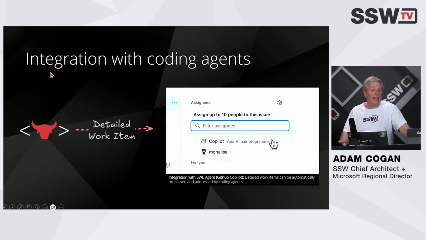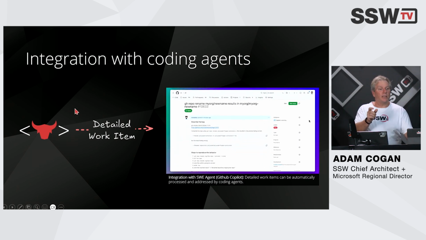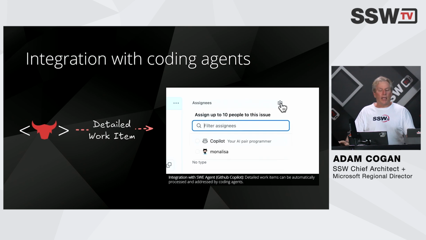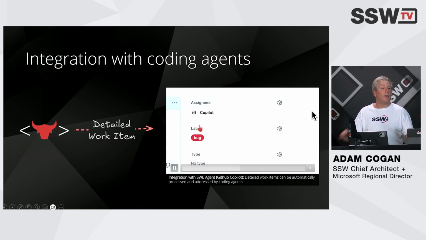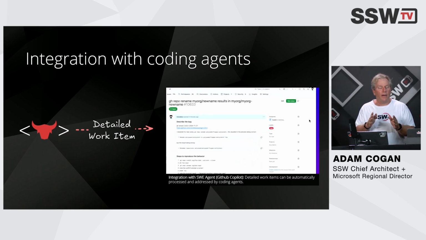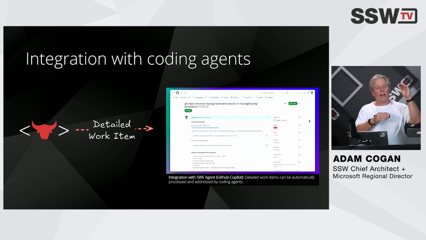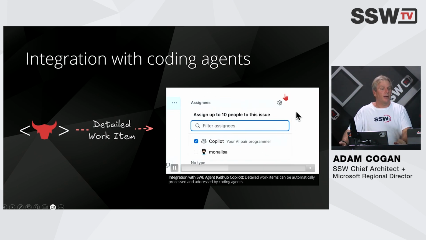Now, here's the future. You could actually say, hey, see this feature, there's features underlined. Can you please assign that to Copilot? And it would assign the user to Copilot and it would automatically get done. In fact, we could have YakShaver work out if this is a difficult or an easy thing and have easy things done by a coding agent, okay? We could